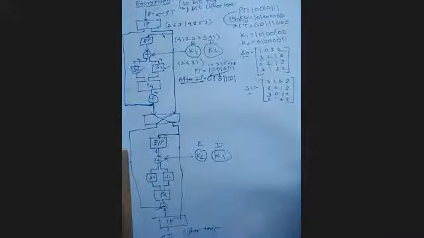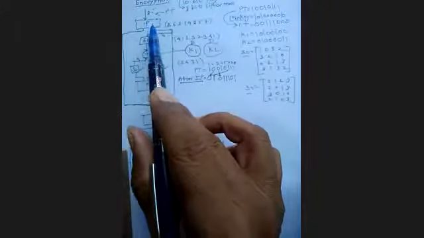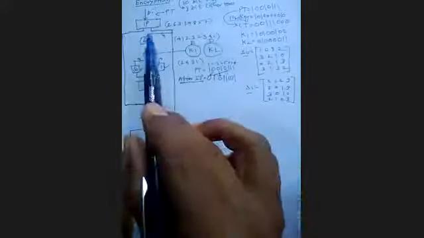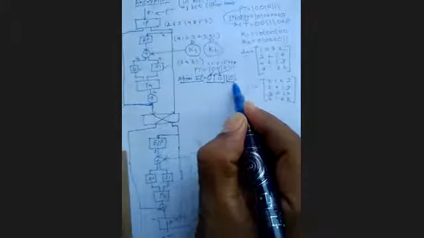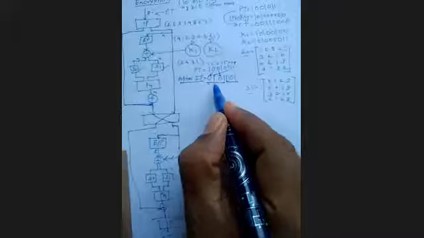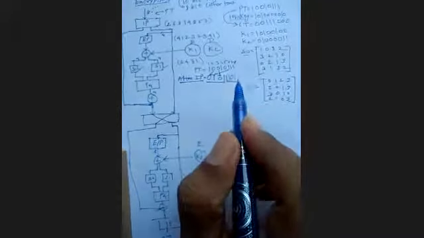Everybody understood it? Only have to concentrate first. This is my diagram that I have converted using the initial permutation IP: 2, 6, 3, 1, 4, 8, 5, 7, which I have applied here. Then the text you have to convert to 4 digits, meaning you have to divide it. See the 0101 first and then 1101, divided into 2 parts.